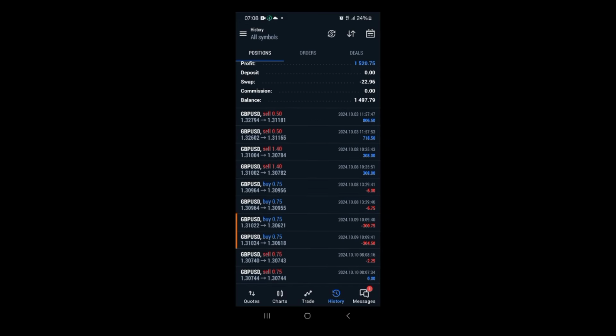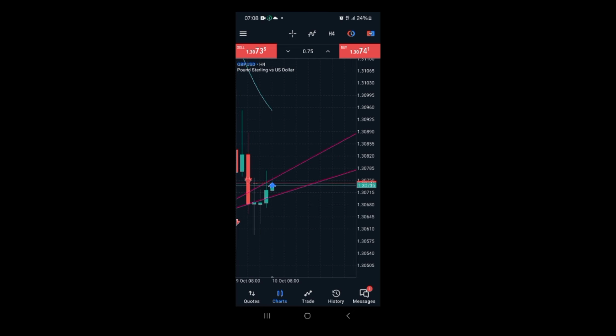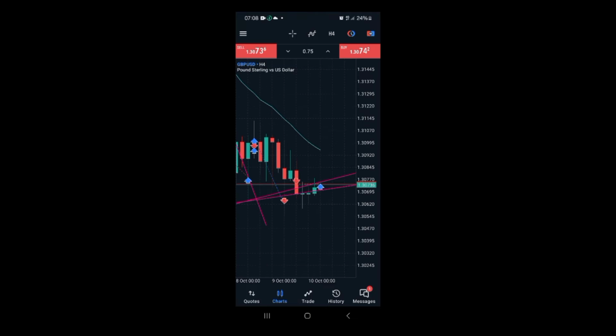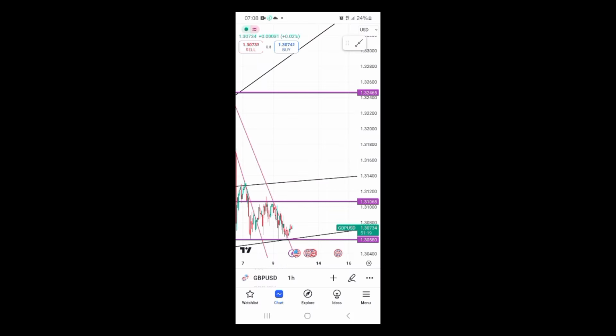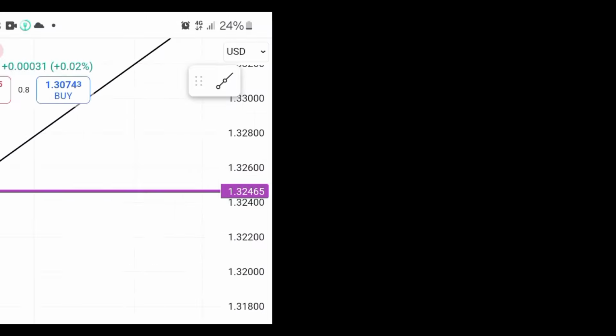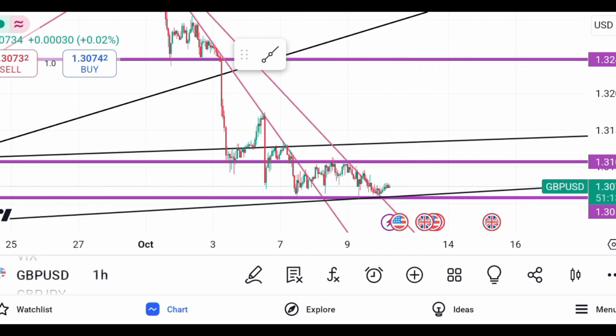My loss is really minimal. The only time I took a serious loss was when I took a buy. So my losses are really minimal, but it is not advisable to take a trade when you are honestly in a consolidation. Just avoid the market altogether. So this is my mistake at this point in time. My mistake is that I took a trade during consolidation, but honestly, you won't know exactly if it is a